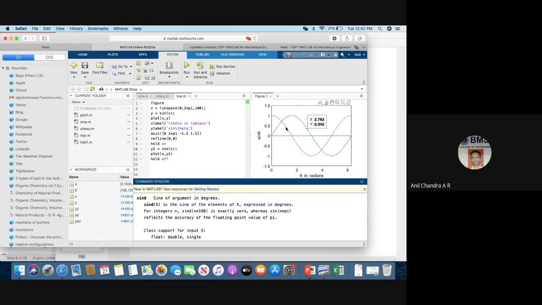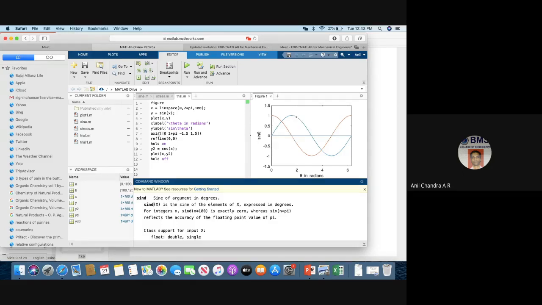In fact, here we get it in a small window, but if you have installed MATLAB, you'll get it in a bigger window. You can also do it here, but I don't want to do that. You can move your cursor on the plot and get the coordinates. Right? So please try that.